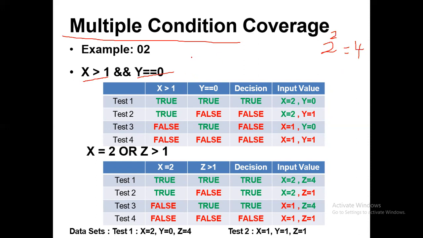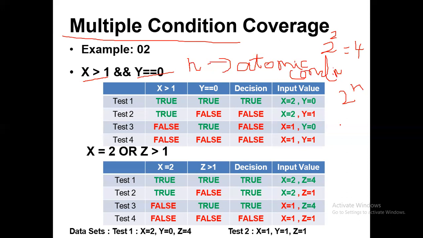So atomic conditions will appear as n, and then you have to do 2 to the power n. So this is the very basic logic of your old age truth table, right?